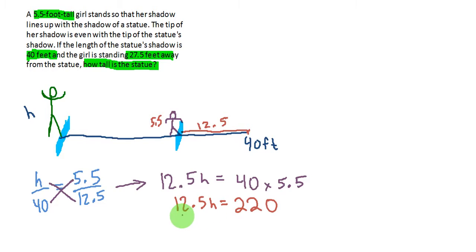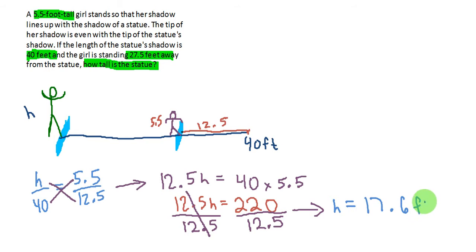How do we isolate the variable? We have to undo multiplication. We're going to undo multiplication with division of 12.5. If we do that to this side, we have to do it to the other to keep the equation balanced. These two sides will cancel out. And I'm left with H is equal to